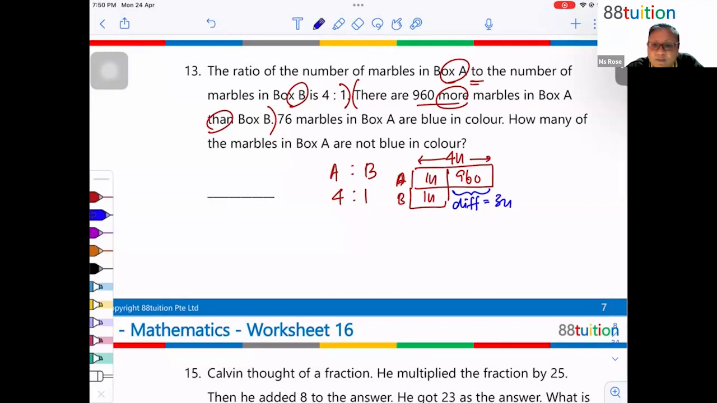Okay, so from here, am I able to find the value of 1 unit? Do you want to guide me along? How do you find the value of 1 unit? We know that 3 units is equal to 960. We go to